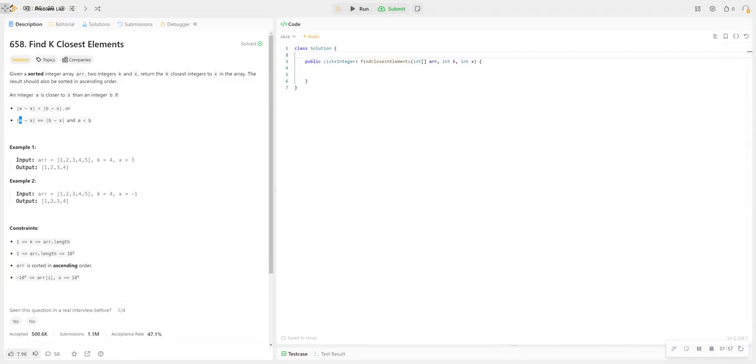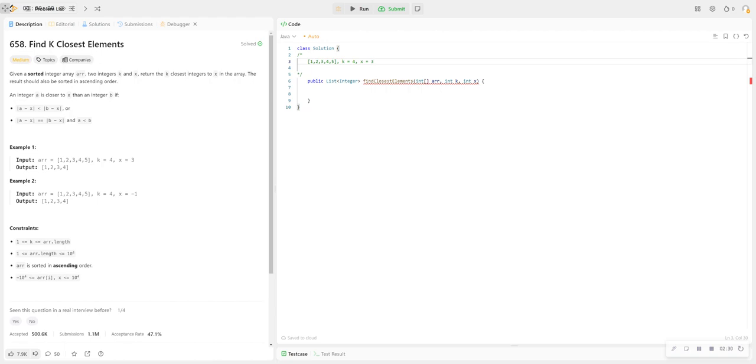We can take a given example. The first example, as you can see on the left of the screen, if you take this array, and I'm in line number 2, and I will explain you, putting some comment in the code block itself. Let's say this is the given array, and our x is 3, and we need to find 4 items in this array that are close to 3. So